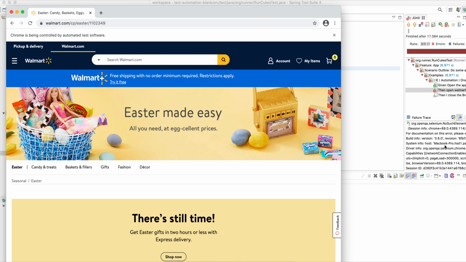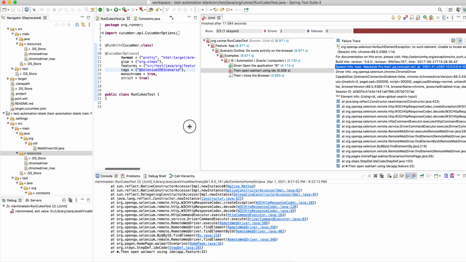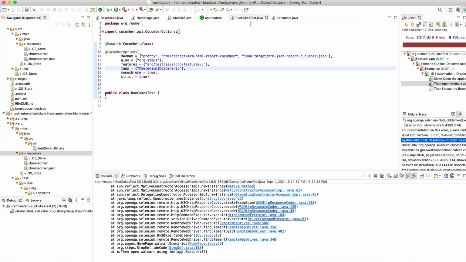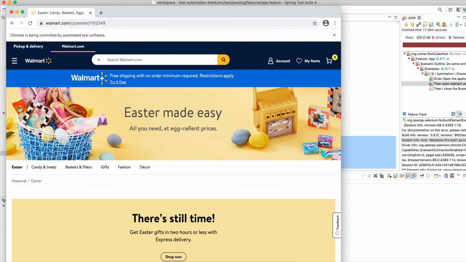Yeah, it failed. Why? Okay. No such element, unable to locate. Okay, I'll tell you.